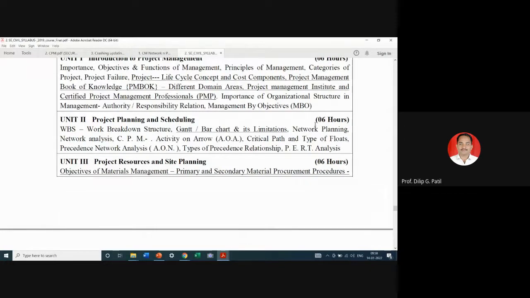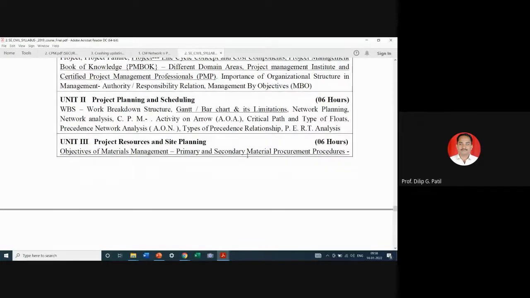Then we introduced network techniques or network planning, and under that we have seen CPM, that is critical path method, as well as their different types of floats. Then we have seen PERT, project evaluation and review technique, and how to calculate capital T, capital TL, and using that slack, and how to find out the critical path or the project duration by using these two network techniques. So for CPM and PERT, we have seen the probabilistic approach and the deterministic approach. Now we will see,